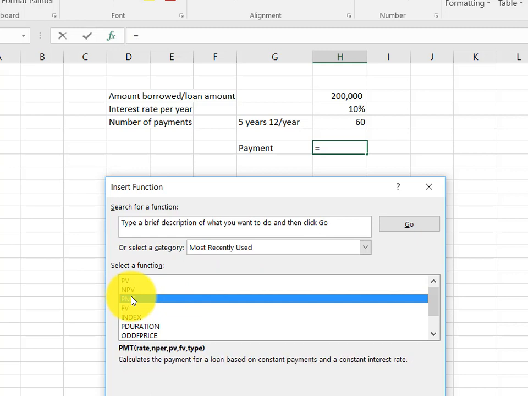Another way to set this up is just go equals PMT. It's not quite as visual that way, but it will kind of guide you through the process as well. So I select it,